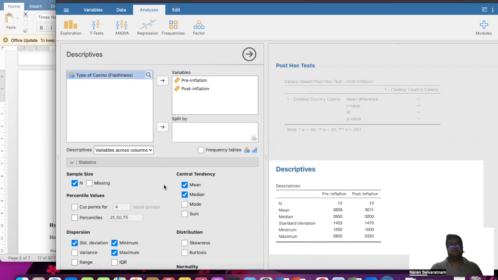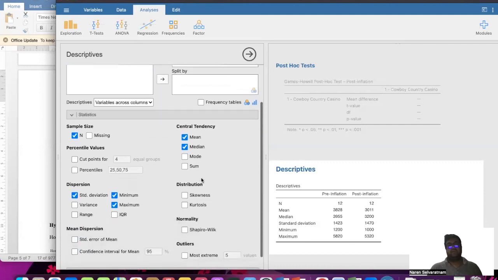Now you might ask why exactly I did this, because I can do this with the other data from the other two as well. Yes, I can definitely do that, but I need to immediately run my hypothesis testing as well. So that is why I removed the rest of the data. But if you want, you can actually do the descriptive analysis first, and then you can do the rest as well. Now, just for Cowboy casinos,